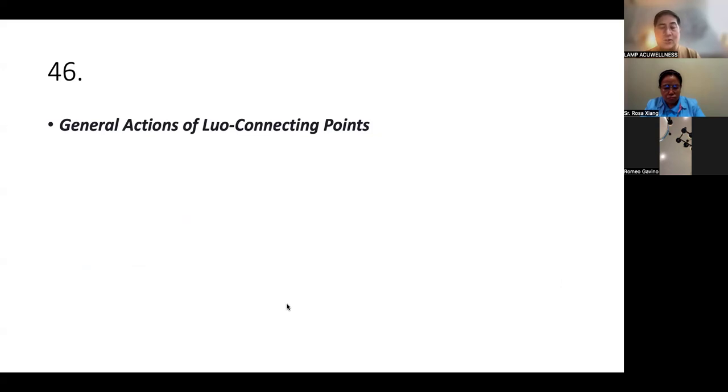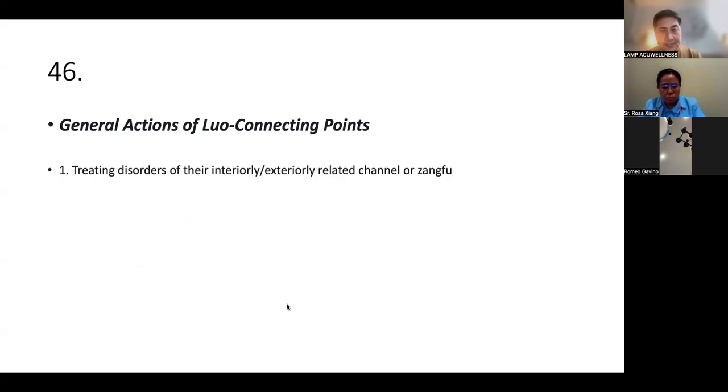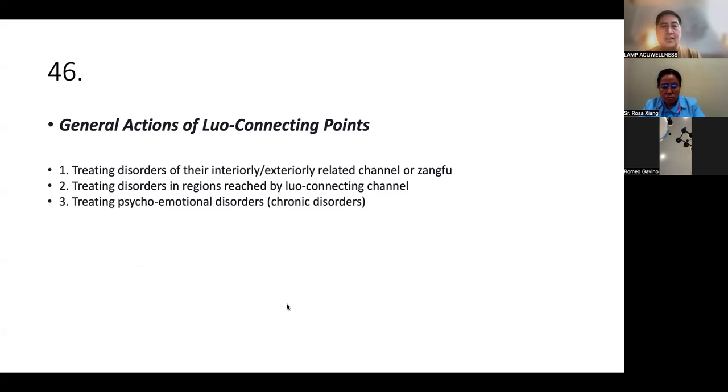What are the general actions of the Luo-Connecting points? Treating disorders of their interiorly or exteriorly related channel, or the Zangfu. Treating disorders in regions reached by the Luo-Connecting channels. Treating psycho-emotional disorders. Because this is what happens: if you are not able to resolve your emotion, eventually the organ will be affected, in the same way that when you have an issue with an organ, you will also have an issue with